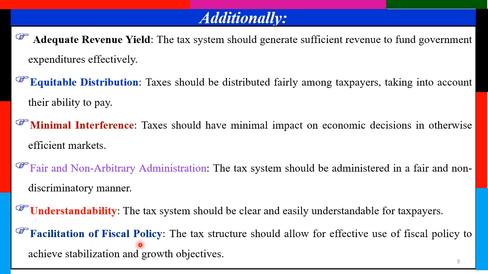Facilitation of the fiscal policy. Tax structures should allow for the efficient use of what? The fiscal policy to achieve stabilization and the growth objective. So if the tax fulfills these criteria, then we can say that the tax is a good tax system, or